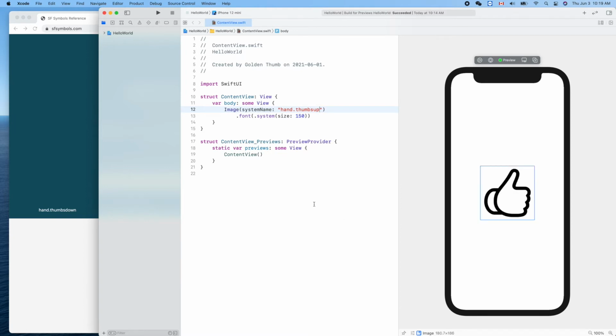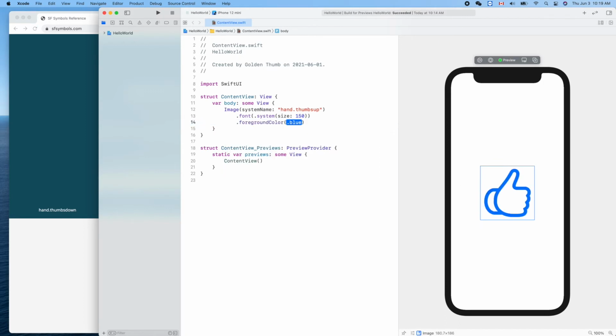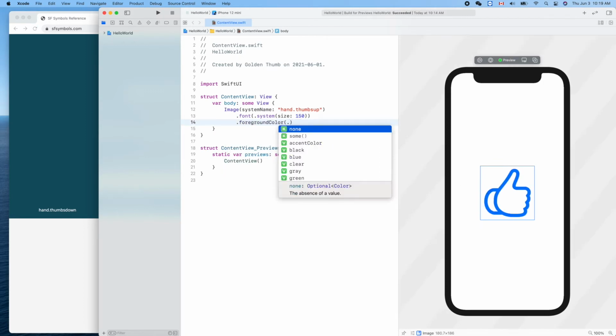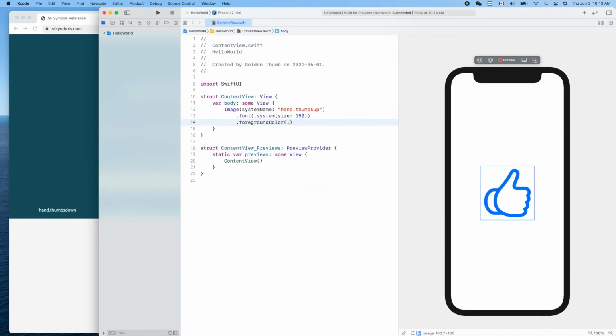But I want it to be in a better color. So .foregroundColor blue. No. What about yellow? But there's no golden. Of course no. Yeah, this one is close enough. What about filling it? Yes. And if we run it,